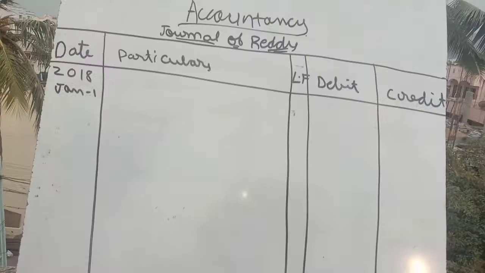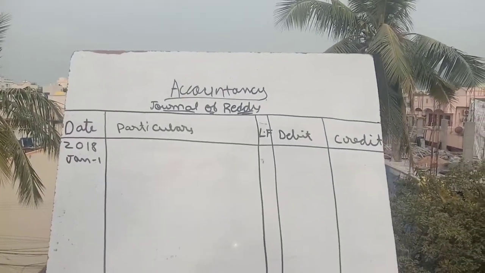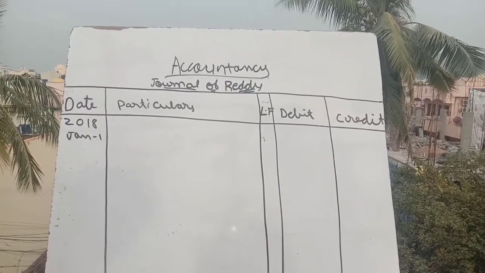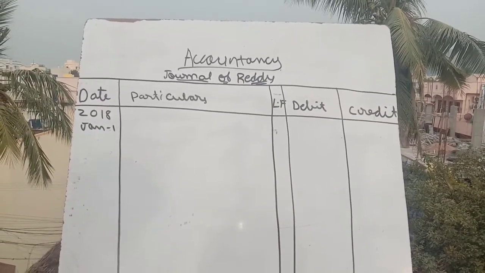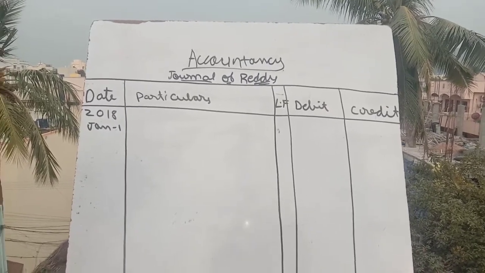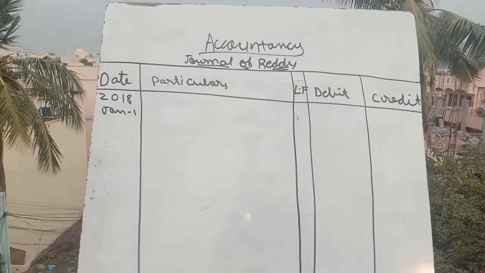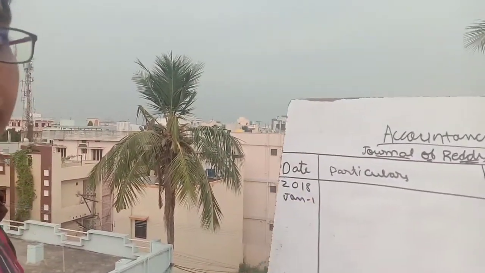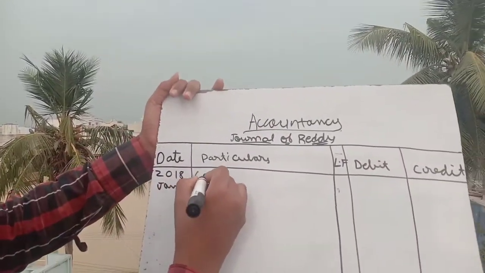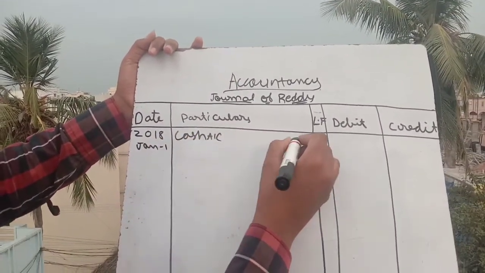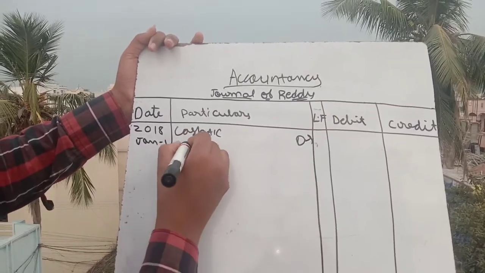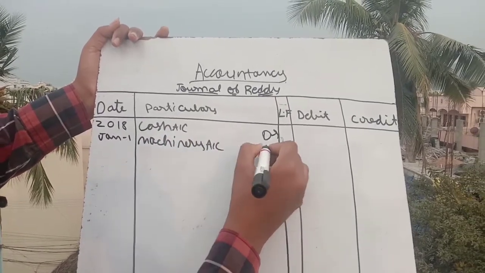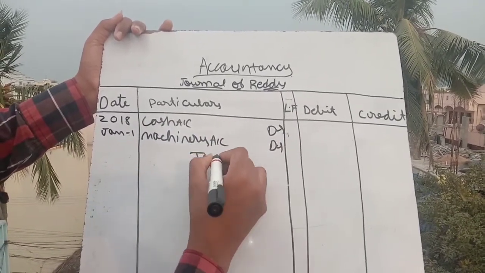So again coming into the journal. We have seen the entries, right? That entry I prefer to write as a compound entry because it will save time in the process of writing journal entries, and also it will help in increasing the brain's power. So we are writing the compound entry. We can look at this: cash account debit, machinery account debit, to capital account.